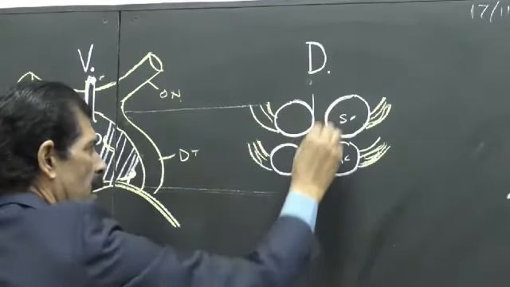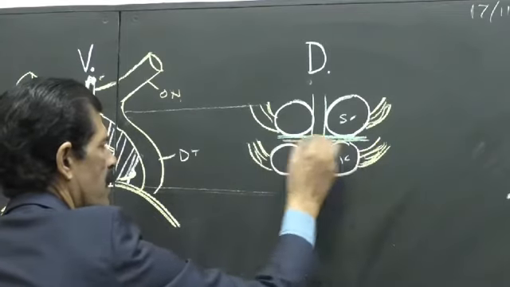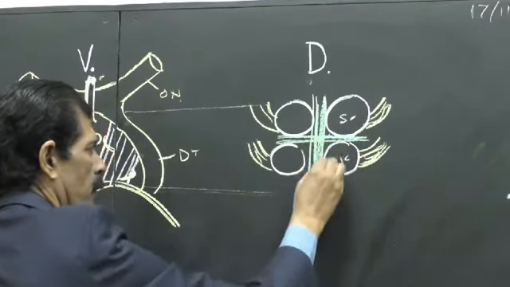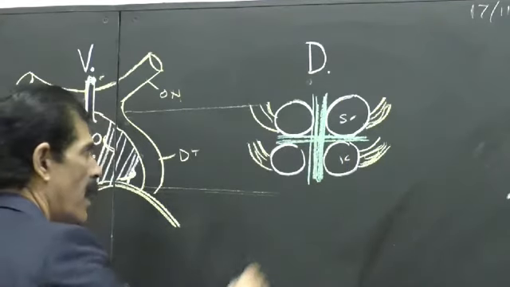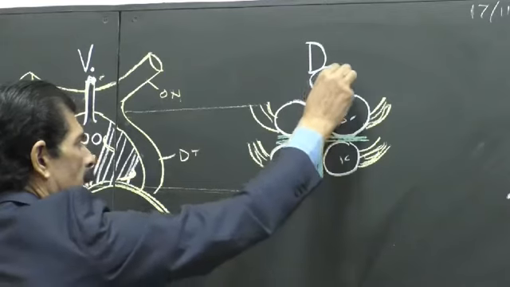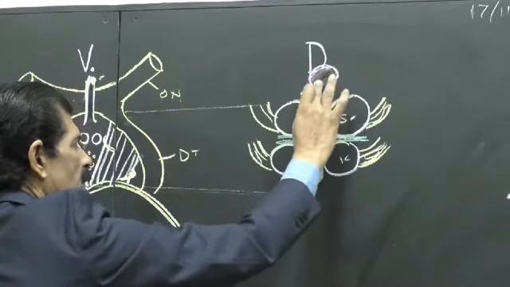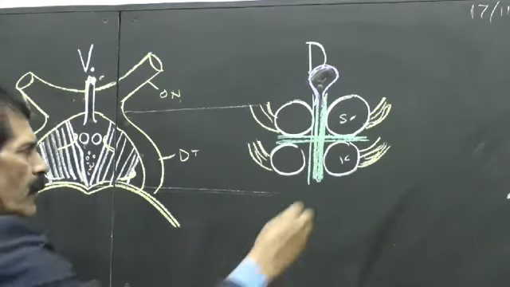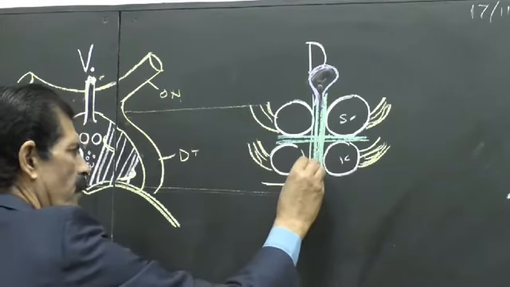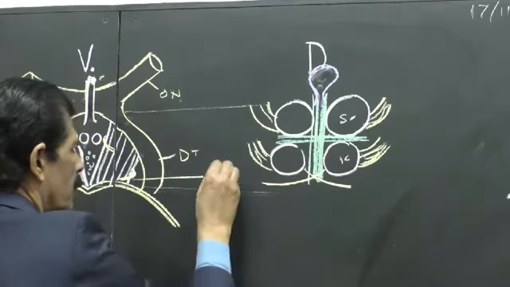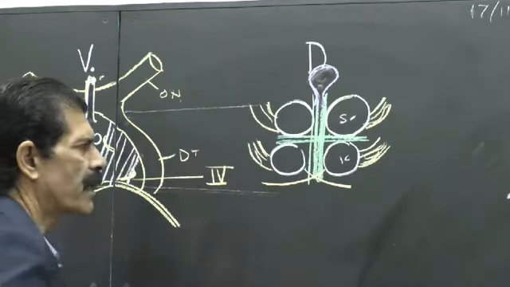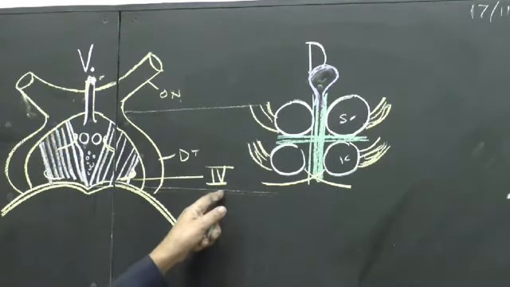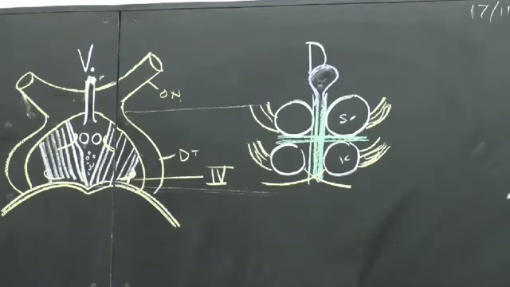All four are separated by the cruciform sulcus into two pairs. In its upper part, there is the pineal gland, or called the third eye, or what is called the epiphysis cerebri. Three names of the third eye. Then below the inferior colliculus, there is the emergence of the fourth nerve, the trochlear. It has three specialties. Number one, it is the thinnest nerve. Number two, it crosses. And it is the only nerve arising from the dorsal surface. Three things you have to remember.